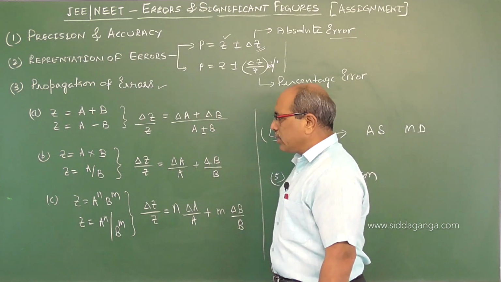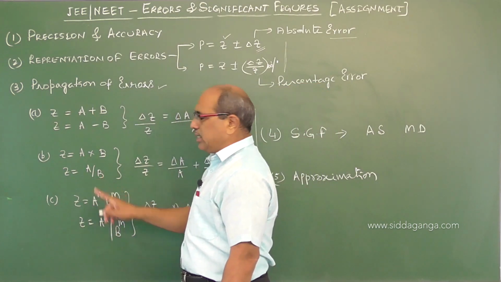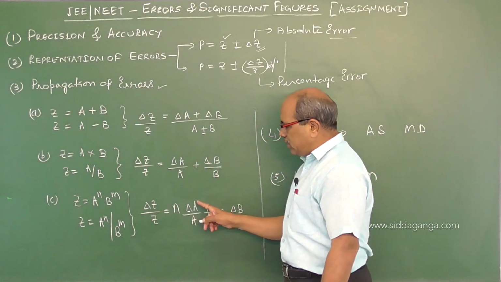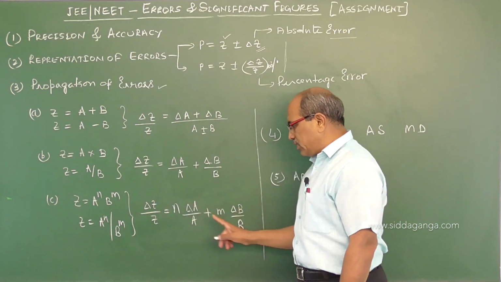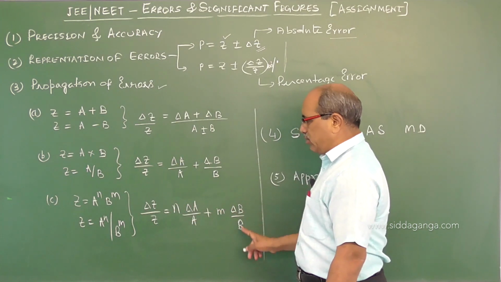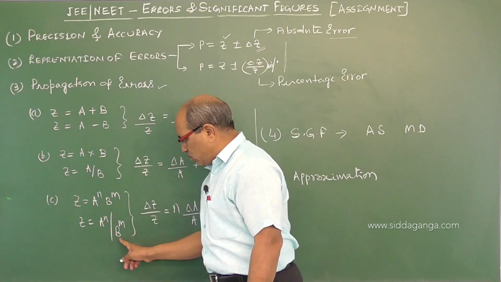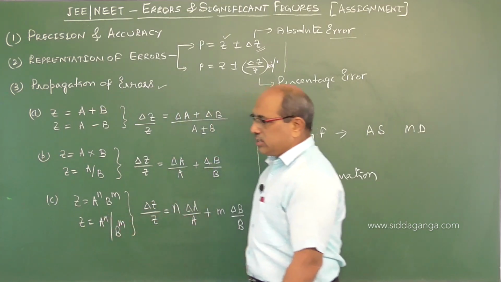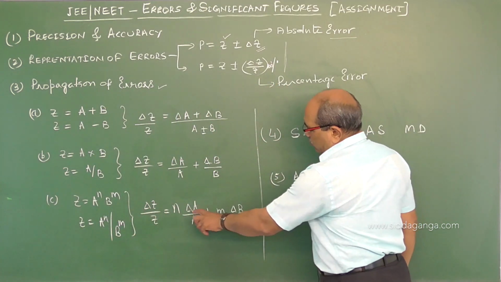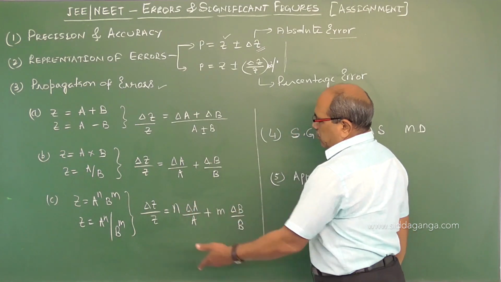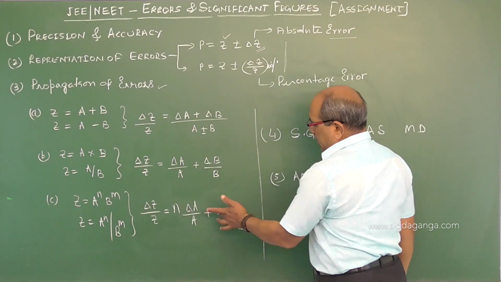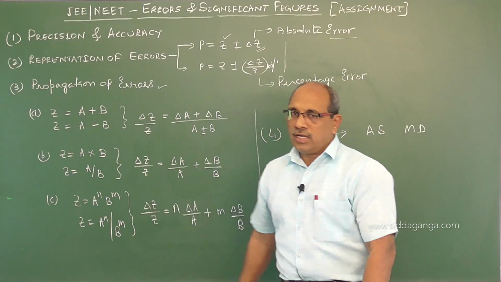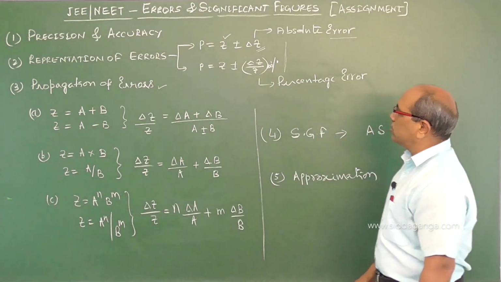absolute error is additive. Similarly, if it is a quantity to the power of n, if a measurement is affecting n times, then the error is n times the fractional error of that quantity. Similarly, for another quantity m times, then m into delta B by B. Whether it is a product or a quotient, the same. Whether it is a division or product, whether it is the denominator or numerator is not a question, it will always be plus with the number of times that it repeats, n times delta A by A or m times delta B by B. These relations we use most often and they have appeared in previous years' question papers.